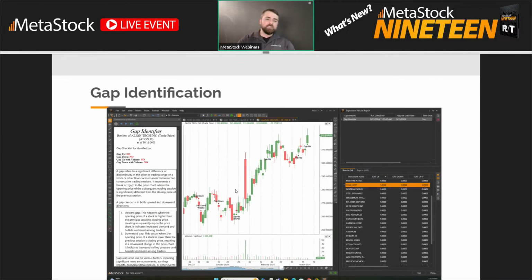Gap identification. So we added a gap identifier. You'll see this is another awesome way to have MetaStock set up. The new commentary is just so good looking. Over here on the side, you can have your layout in the center, your list of exploration results, and then you can just click the arrow to go through that entire list of explorations. Oh, it's beautiful and I love it. But that's everything in general. This here specifically is the gap identifier, which has been added, and you can utilize that to help you find when there's been a gap up in price or volume, and you can also search for those as well.